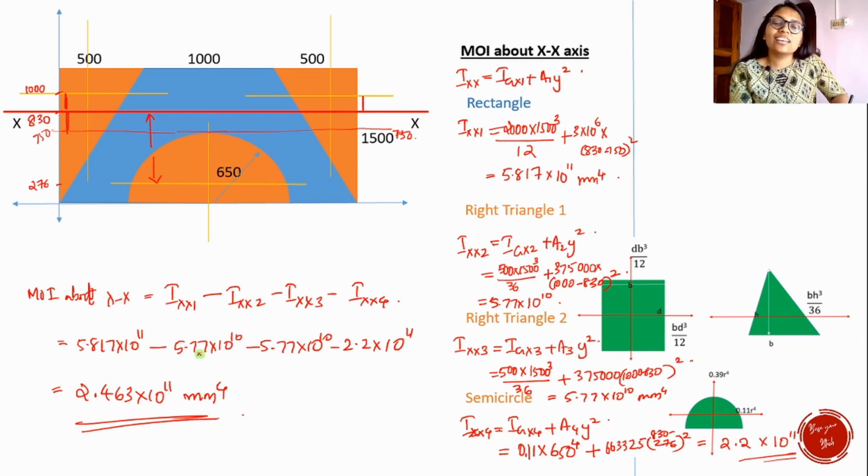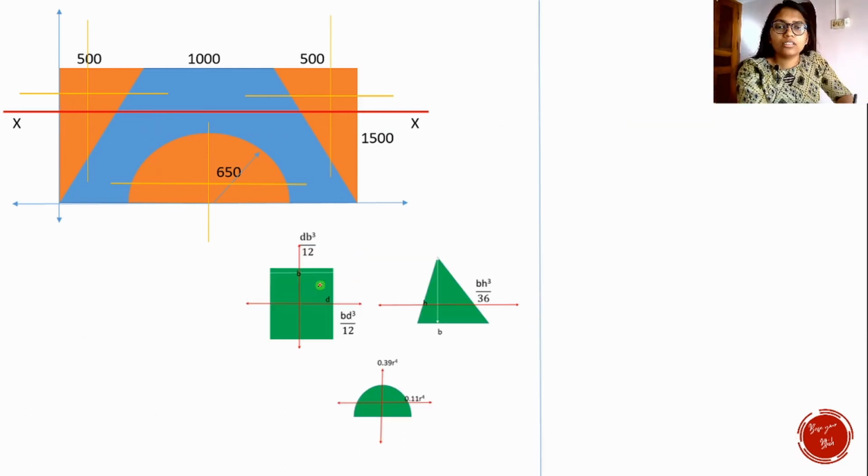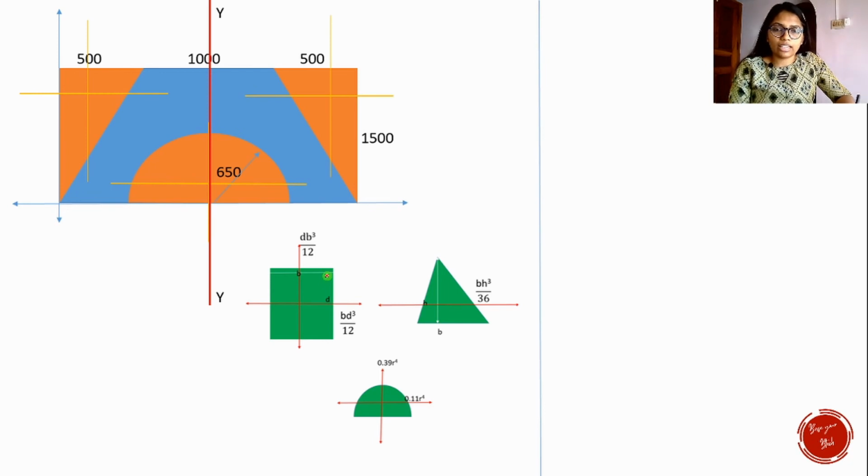Now it seems quite lengthy, but the steps are going to be the same for the moment of inertia about y-y axis also. So now let's do it for y-y axis. So now on, let's concentrate on the y-y axis alone. So let's remove this centroidal x-axis and bring up centroidal y-y axis. Okay, and we know that this y-y axis is located at x equal to 1000. Okay, this is our x bar, remember.